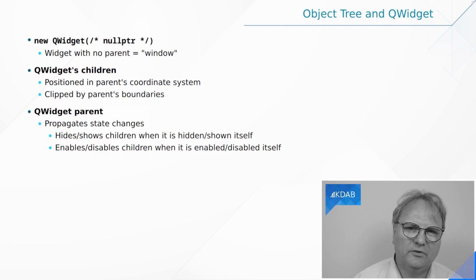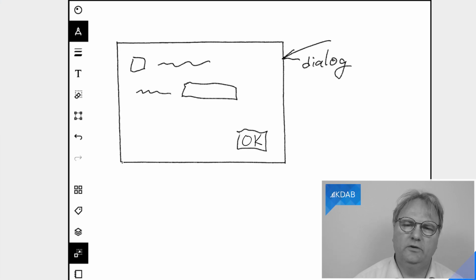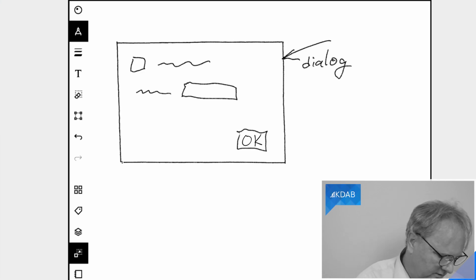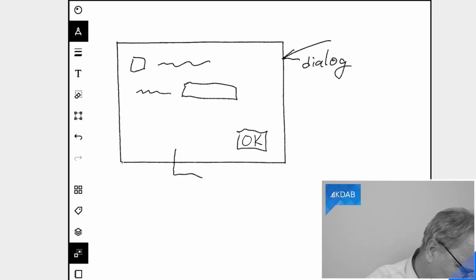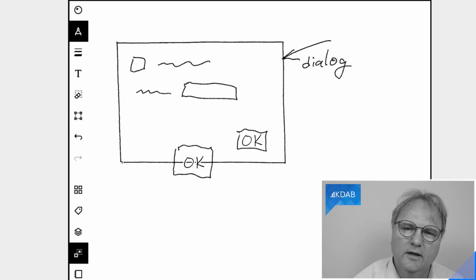They are also clipped, and let's get back to my drawing here for a second. So imagine that I was laying out manually without layout managers, and we'll see layout managers, I swear, in a few episodes. But if I was moving my widgets myself, I could take an OK button and I could move it to the bottommost part of this dialog that we're looking at here. And imagine that my OK button was standing right down here and saying OK.